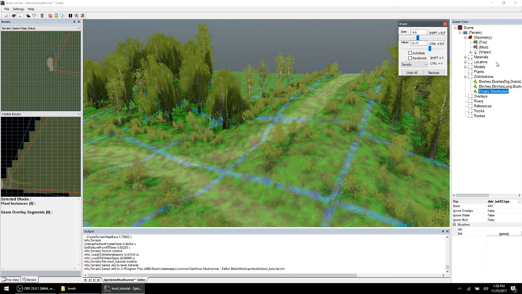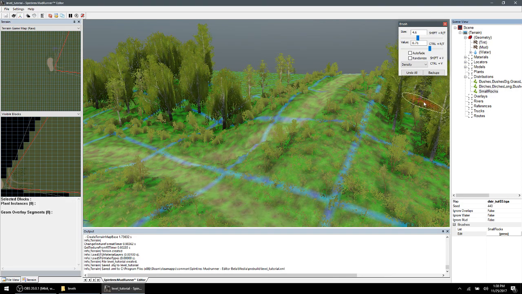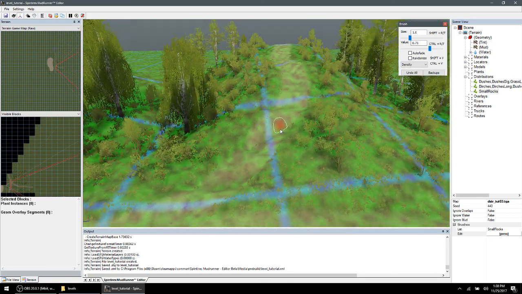All right. If you want to use these small rocks, try to avoid your other distributions. Try not to overlap with this one, because